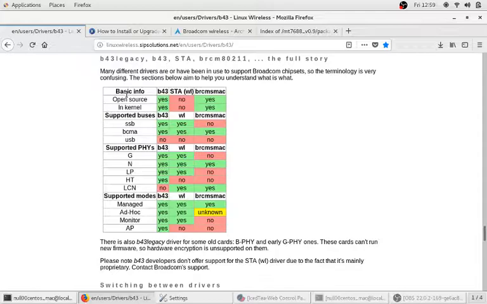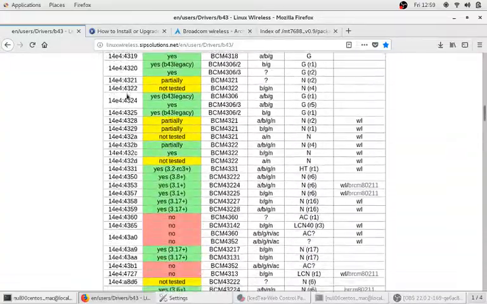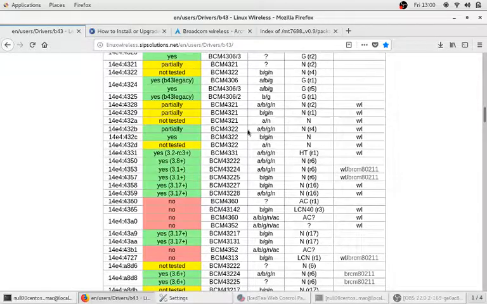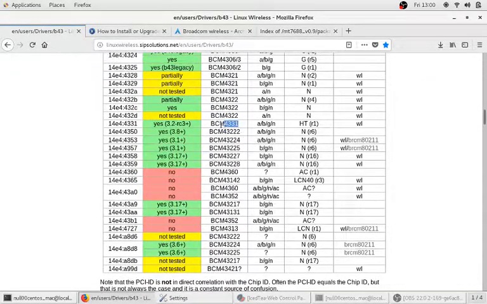Nope, that's not right. Go back up. Here we go. Let's find our chip, BCM4331. And this is the kernel version